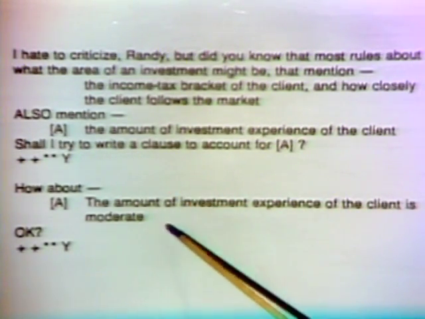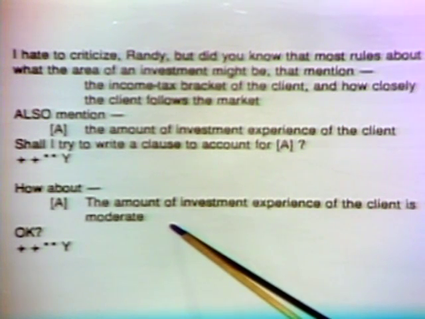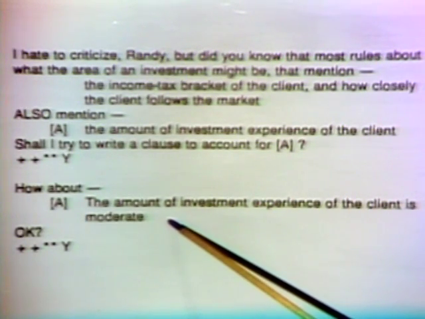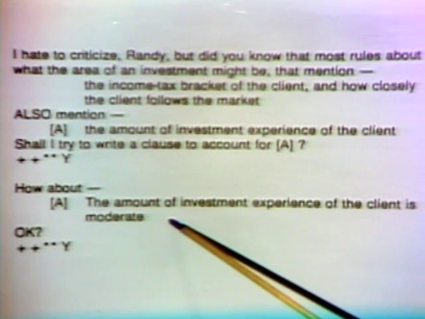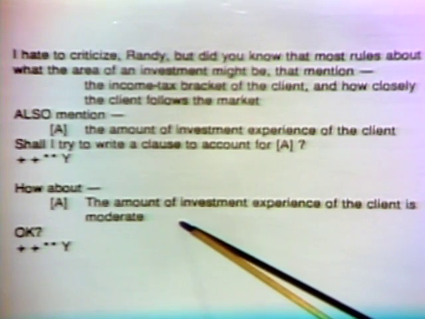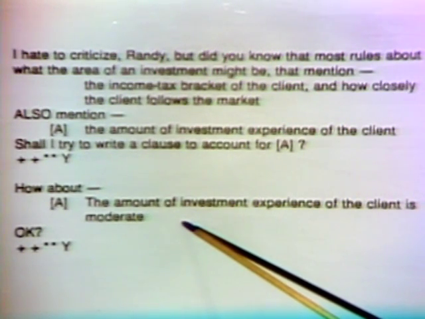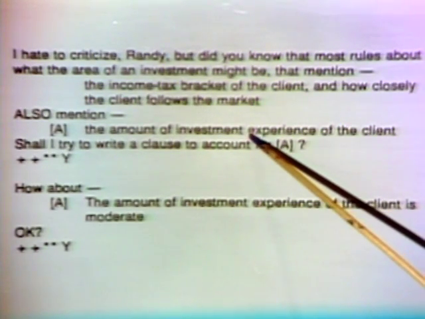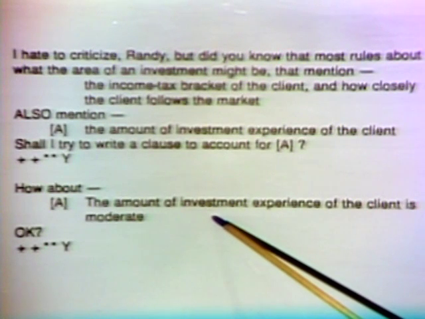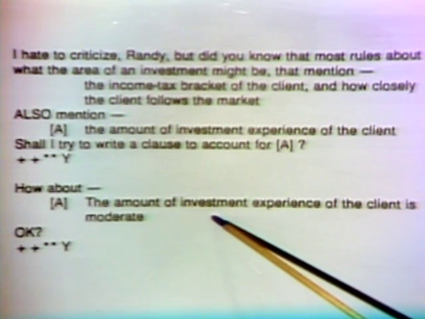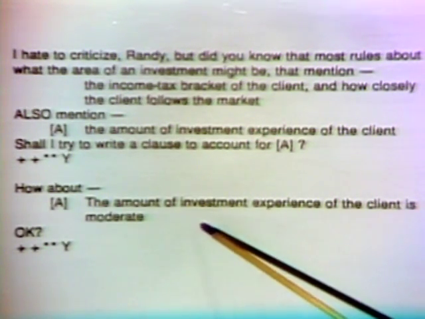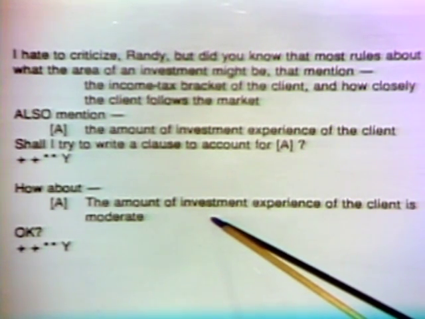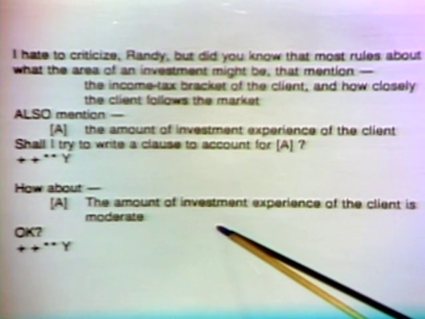And as it turns out, in this case, the system has enough information available from the consultation that we ran a little bit earlier to make a good guess about what this clause ought to be. The simple heuristic here, by the way, is that if this new rule is really going to work and fix the problem, then what we have to do clearly is write a clause here which has to do with the amount of investment experience, but more precisely has to be true in the context of this particular consultation. And if you happen to remember far back enough, you'll recall that this was an investor with a moderate amount of investment experience, so this will evaluate to true, which means indeed that this new rule will still work in this context.